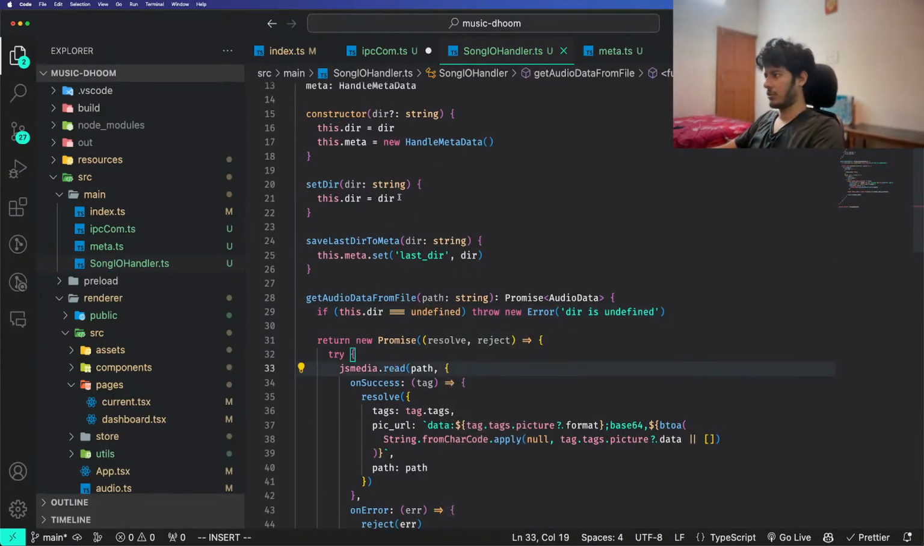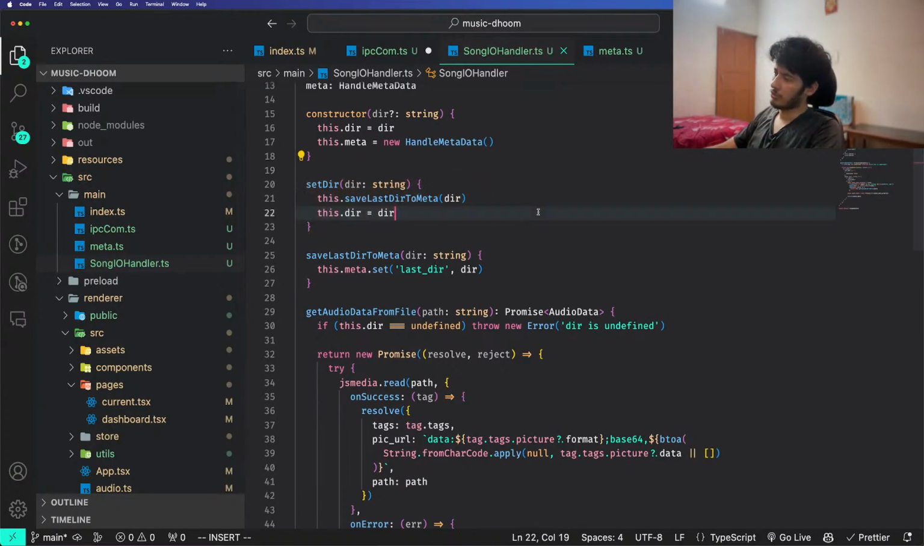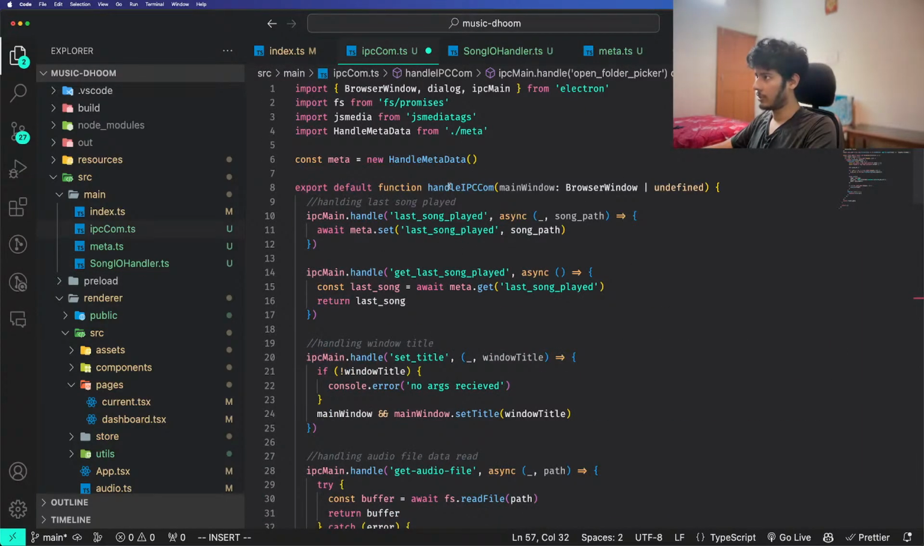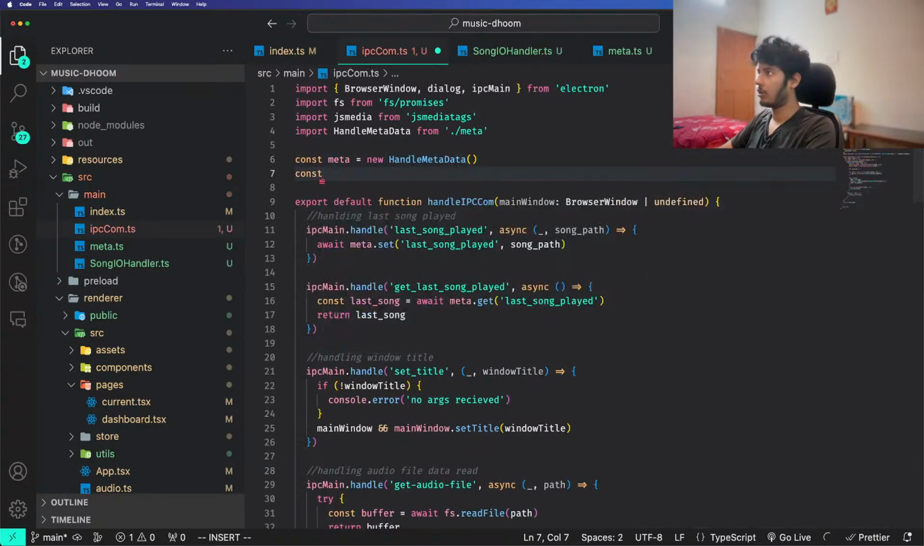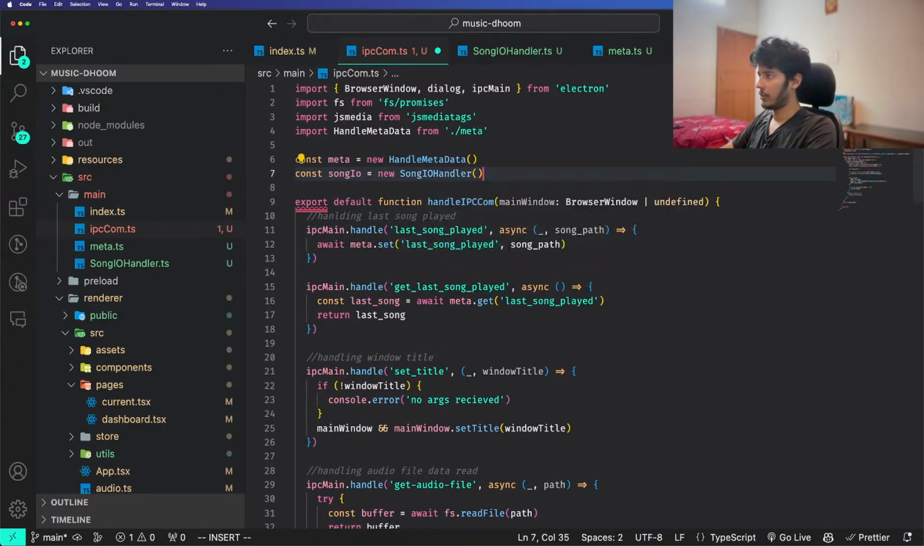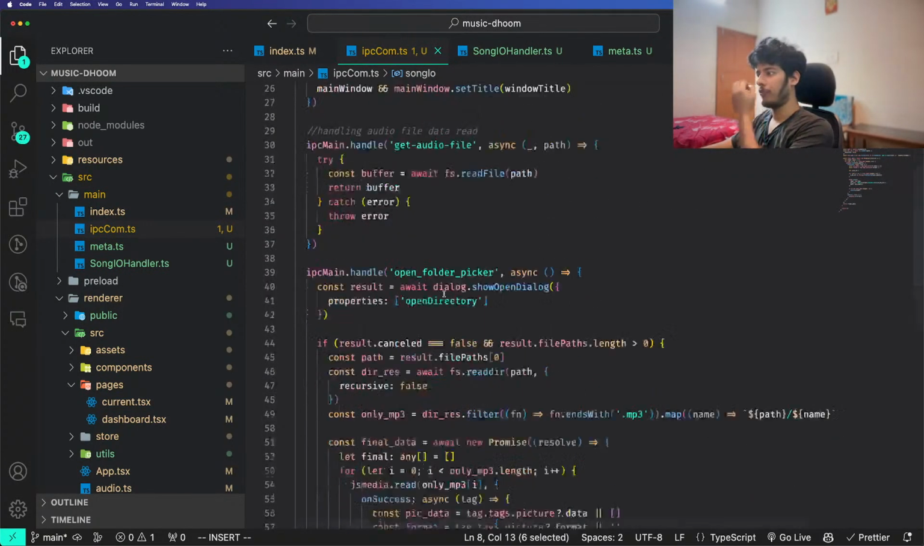Cool. Whenever you set a dir, what we'll do is we'll just save it as a last cache. So this will be saving it as a last dir for the metadata. Cool. Let's start using this. We have the handle song IO handler. Let's actually use this. So icon is here. Let's create a const song IO, new song IO handler. That's okay. We'll have to import this. Cool. So we have a song IO, and then what we can do is get rid of all